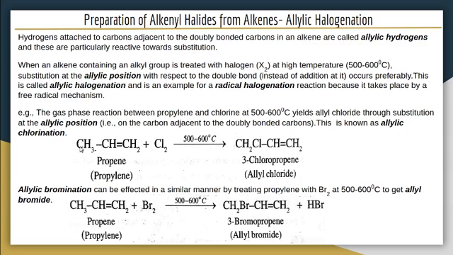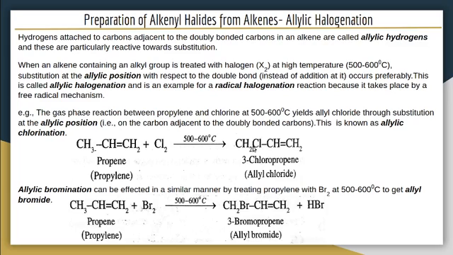from the allylic position. This is the allylic carbon, and these are the allylic hydrogen atoms. So when we treat a compound with an allylic hydrogen with halogen at 500 to 600 degrees Celsius, the allylic hydrogens are replaced by a halogen atom. Here chlorine replaces the hydrogen atom and we get allyl chloride, CH2=CH-CH2Cl. In this case the halogen is attached to an allylic carbon atom, so this is allyl chloride.